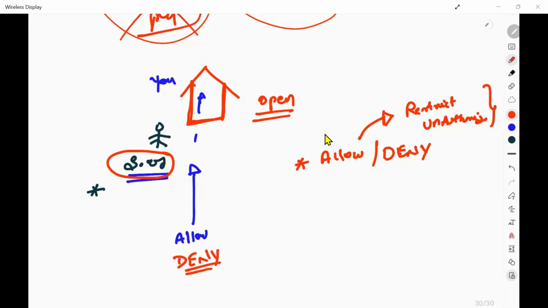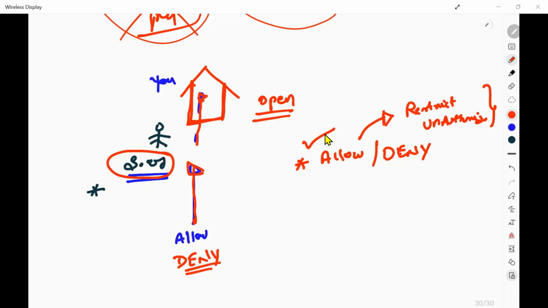This is the first thing. And what is the second thing here? Now this guard is checking this person. One person is coming in and he's checking whether that person is known by my owner or is an unknown person. Once all the checking is done, he'll allow that person inside.